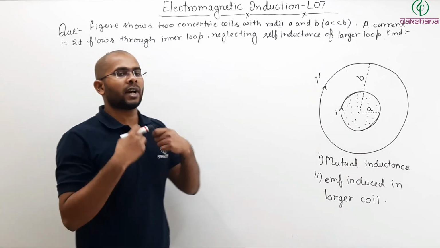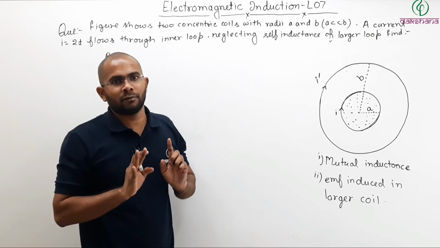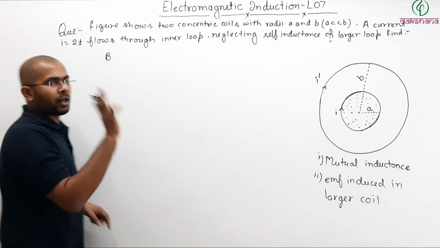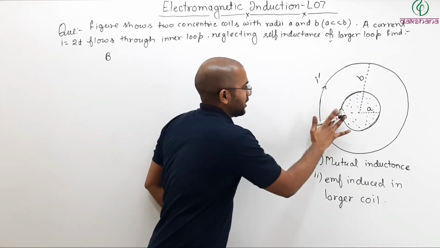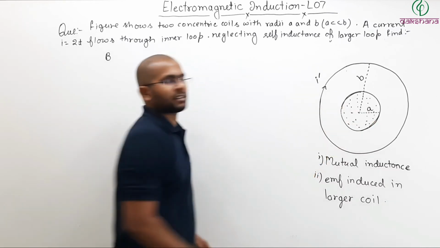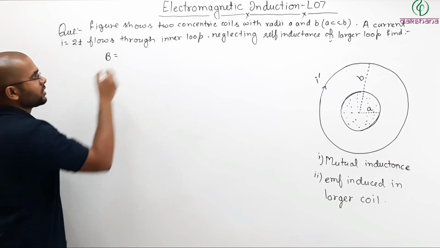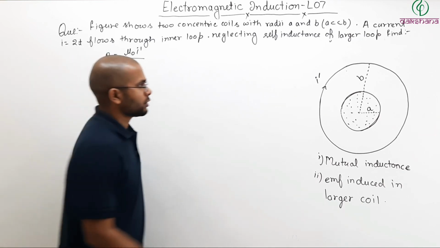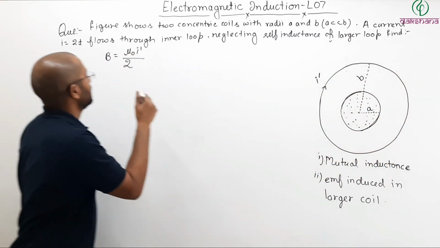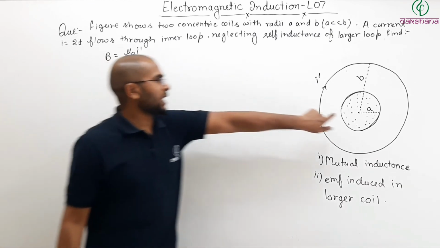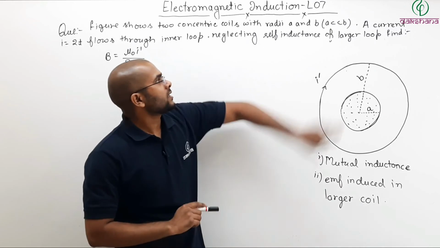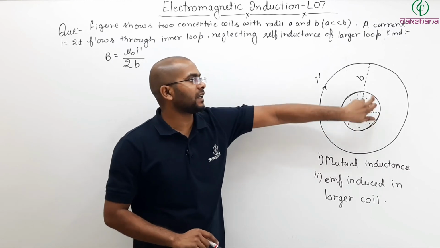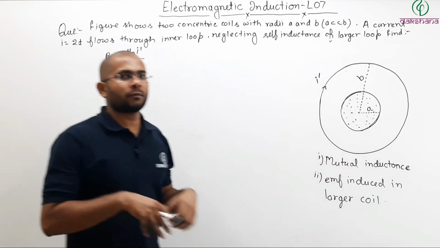Now remember, we are talking about finding the mutual inductance. I can find it however I want. It does not matter how much current is flowing through here, my mutual inductance will remain the same. So for now, let us ignore this current flowing through the inner circuit. So B will be equal to how much? Mu naught I dash divided by twice the radius. Here I have assumed current through the bigger coil, so radius B. So that is the field at the center. And since A is very small compared to B, I can assume that this field is uniform through this entire area of the smaller loop. So what will be the flux?